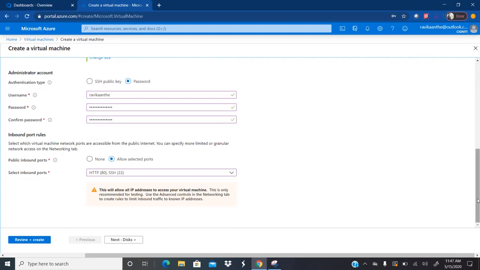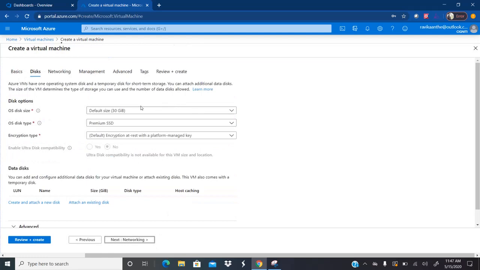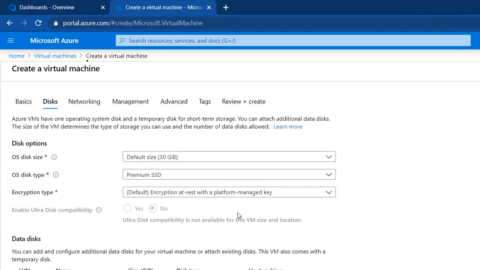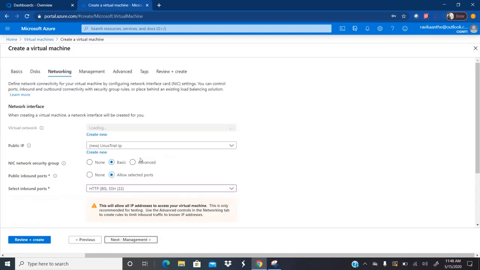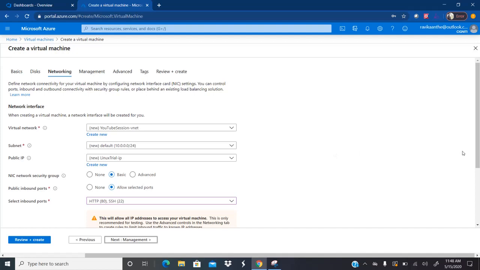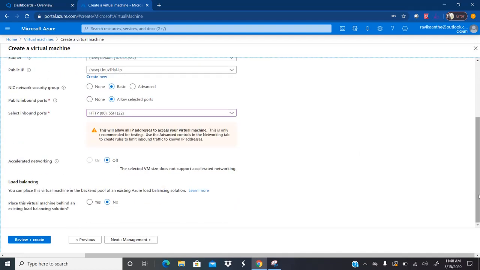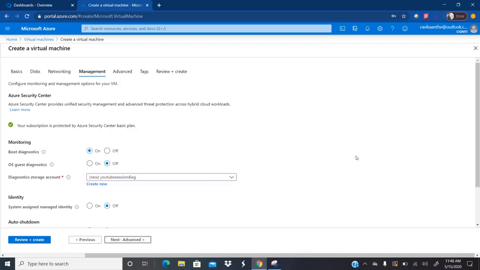Now you will have some other configurations which I can keep as default. Click on disks, where you will be selecting the disk size, disk type, encryption type, all these options. I want to keep them as default, and then you will be selecting the different network types, basic network, advanced network, etc. I want to keep it as it is, and then you'll be landing on management.